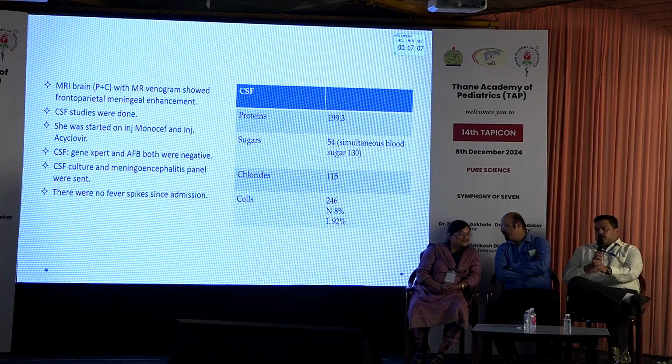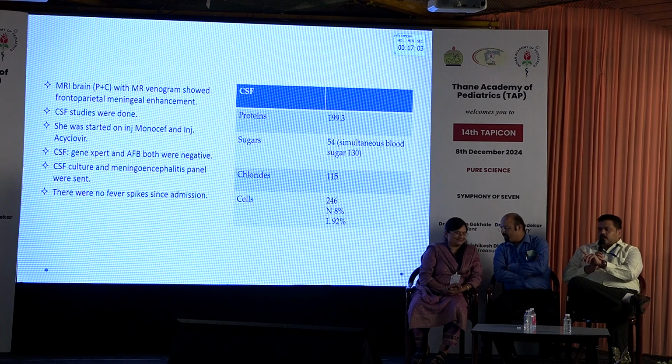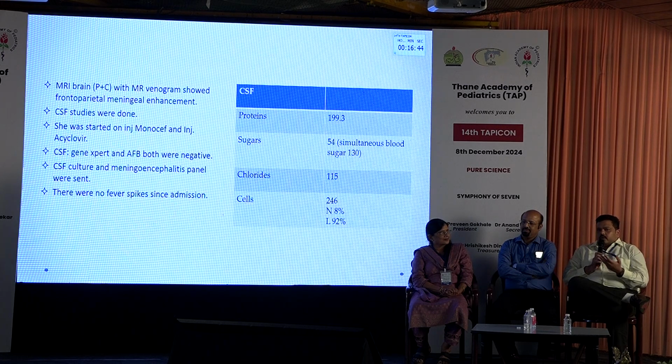What is biasing my opinion is the MRI picture. The MRI picture is like an acute bacterial meningitis. It's still not showing a typical picture of a tuberculous meningitis. It may be purely tuberculous meningitis. I don't say that it may not be, but it's not a typical picture for tuberculous meningitis. Right now, that's what I said. You search for TB. TB is first. There is no doubt about it. I don't think anyone is debating it.